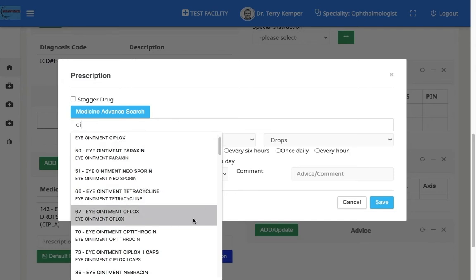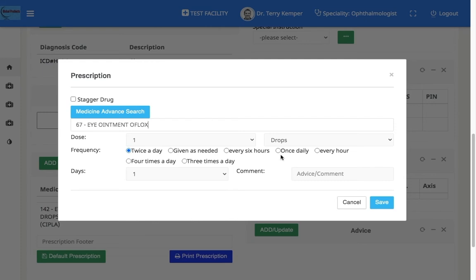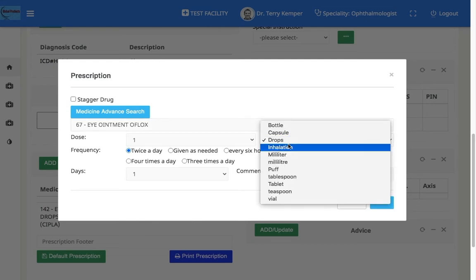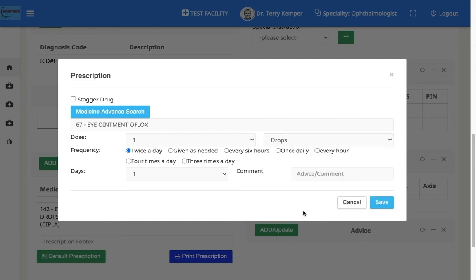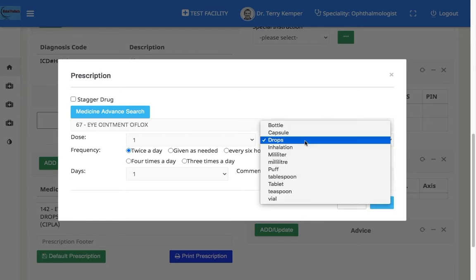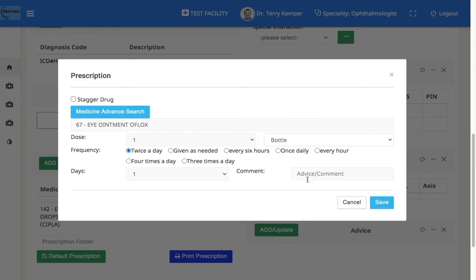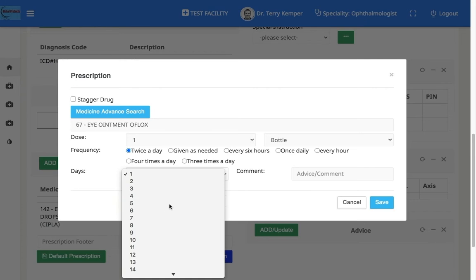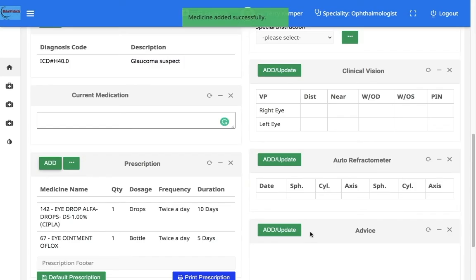Select an ointment. The frequency, number of days, click on save.